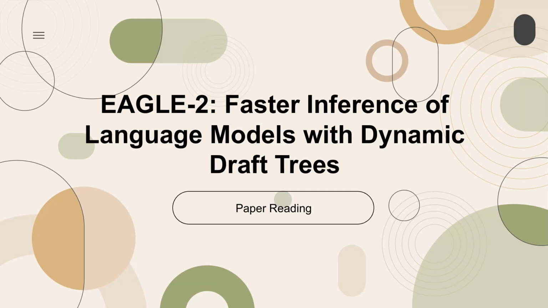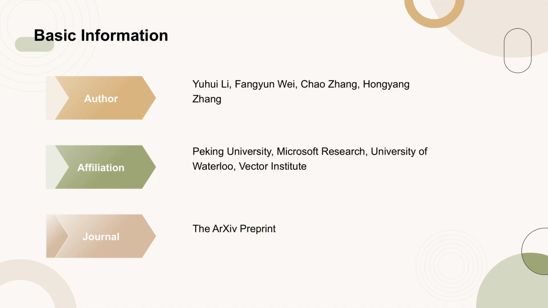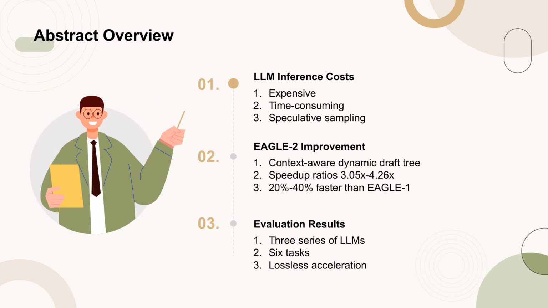Today's paper is titled EAGLE-2, Faster Inference of Language Models with Dynamic Draft Trees. This paper was published on the arXiv preprint server by Yuhui and colleagues from Peking University, Microsoft Research, University of Waterloo, and Vector Institute. The abstract highlights the challenges of inference with large language models, LLMs, which are both expensive and